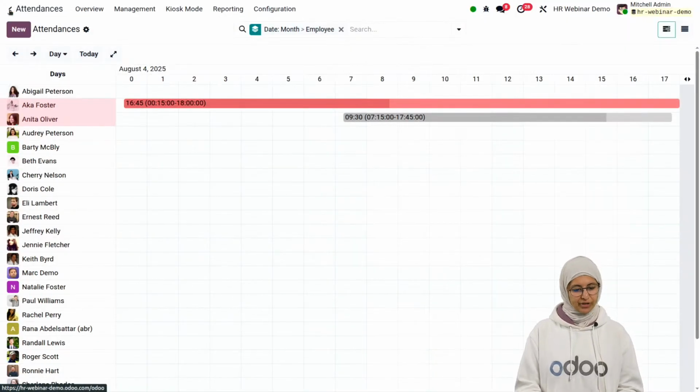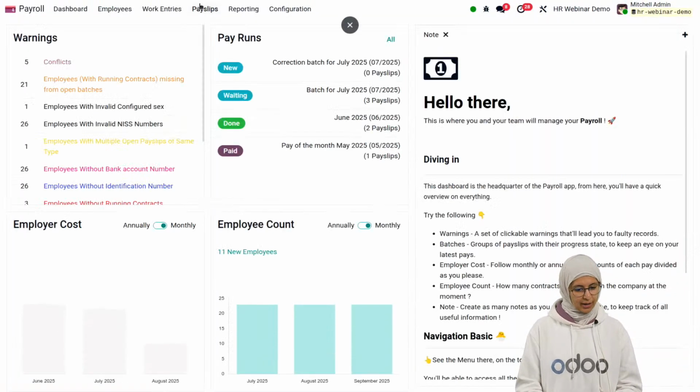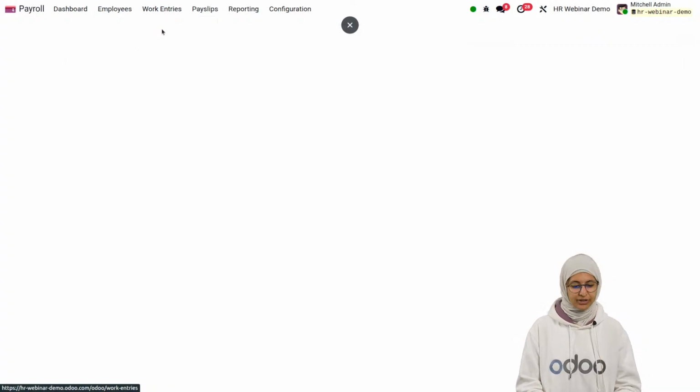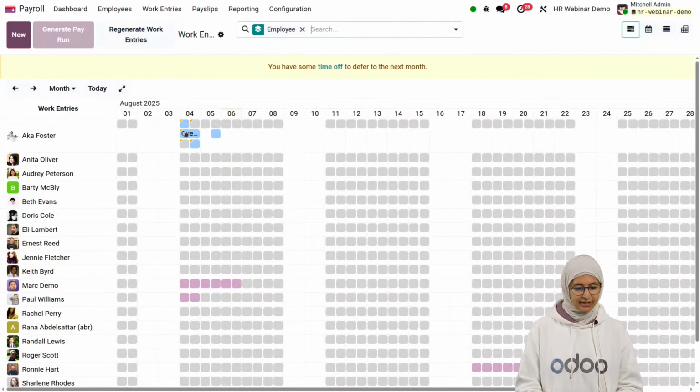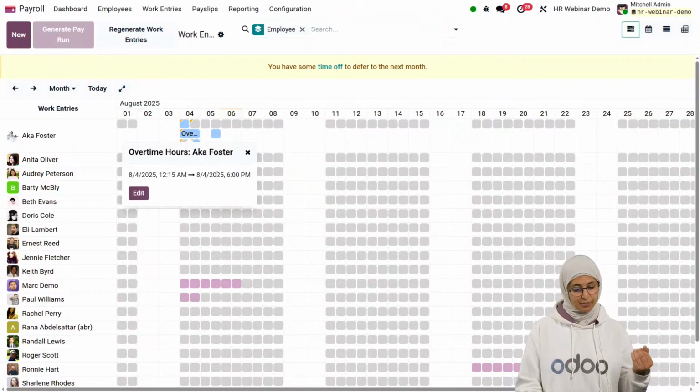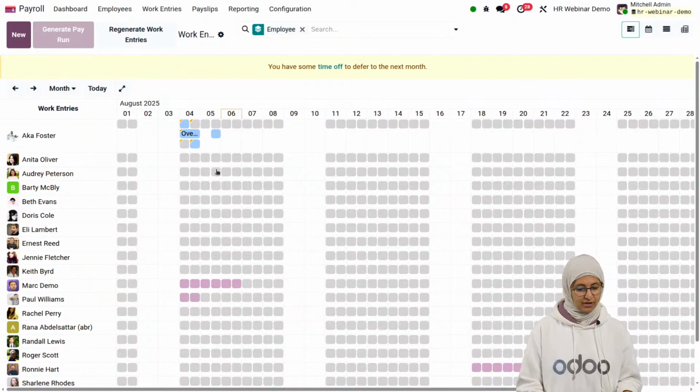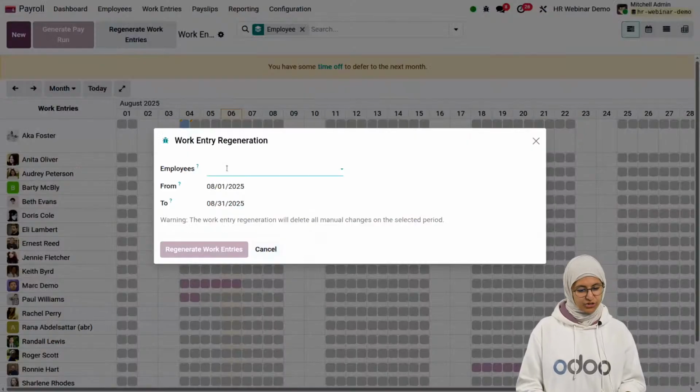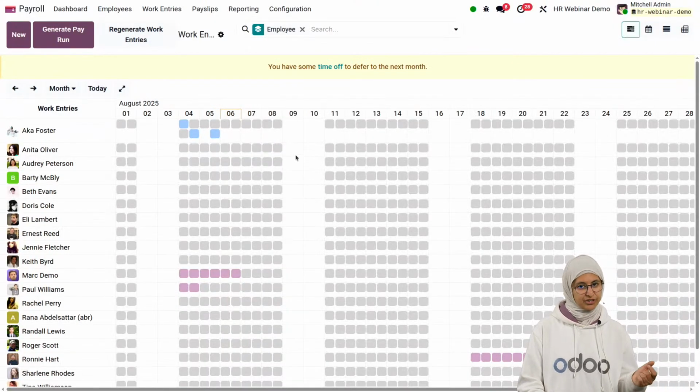Yeah, so if I go back to my payroll application and I take a look at the work entries, I can see here that for Eka Foster, we have the overtime work entries created. But for Anita, we don't have any overtime work entries created. Now here I do have a conflict that I would just need to resolve, and regenerating the work entries should